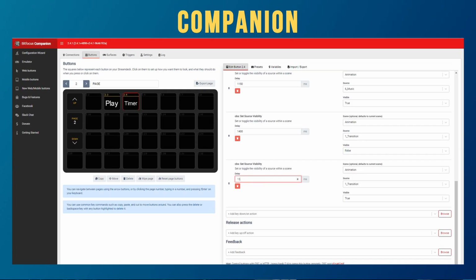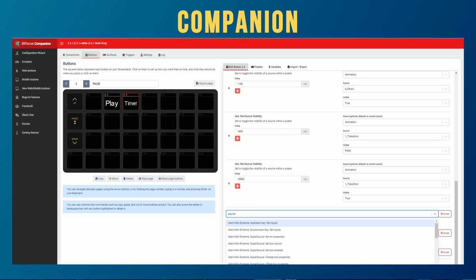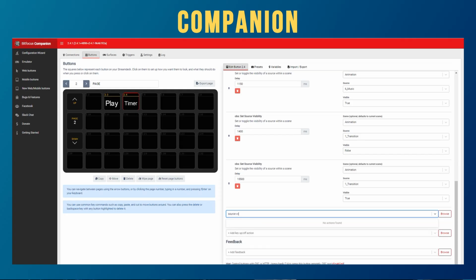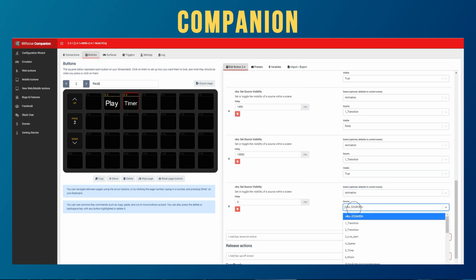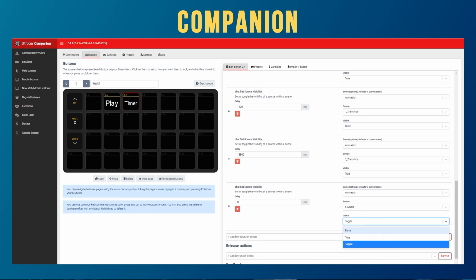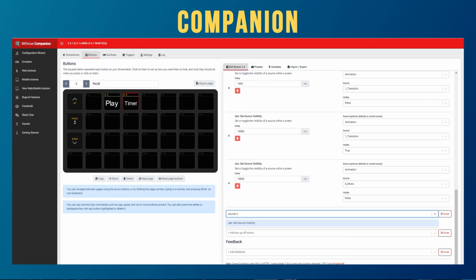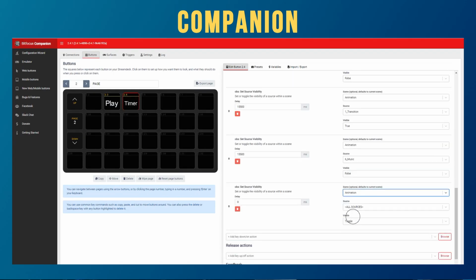With delay settings, I will put around 15,500 milliseconds. At the same time, we need to turn off our music, so let's add another source visible command, find our scene, choose our music and make it off with the same delay as our transition. And we can add one more command to turn off our timer. Make it invisible and I will set the same